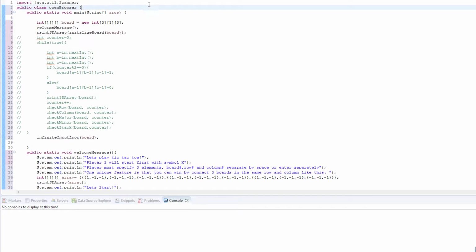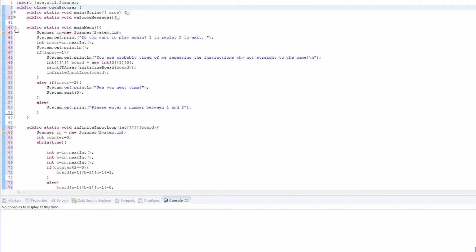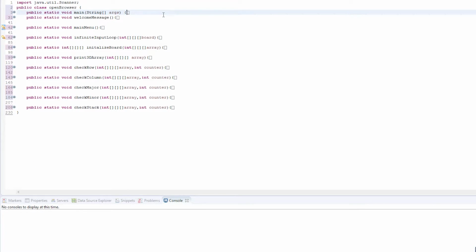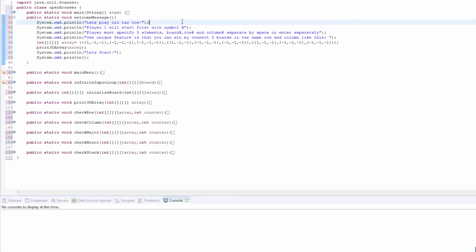Okay, so this is my second problem. Now let's close all this. So here is a lot of things that you have to keep in mind. So first, let's go on to the welcome message. So let's play tic-tac-toe, and then the first person will start with the symbol X, and then player must specify 3 elements of the row, column, and board numbers separated by space or entered separately. So one unique feature is that you can win by connecting 3 boards in the same row and column like